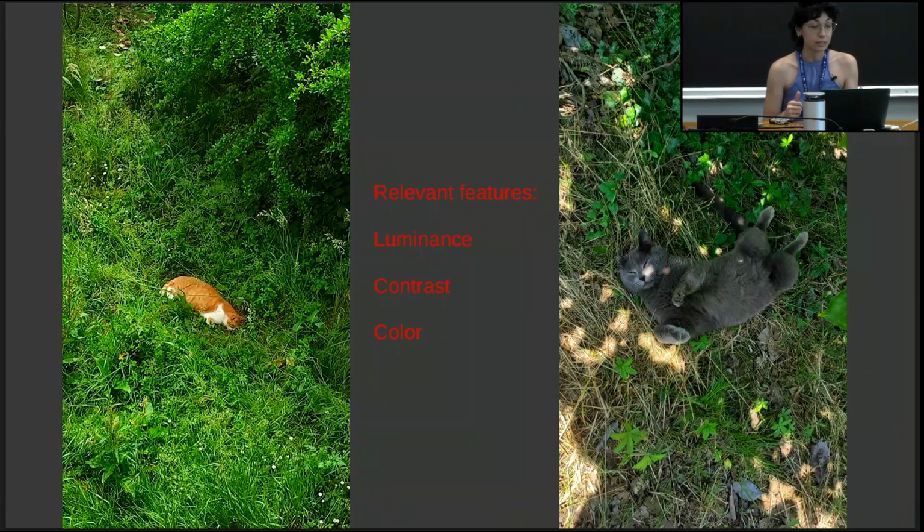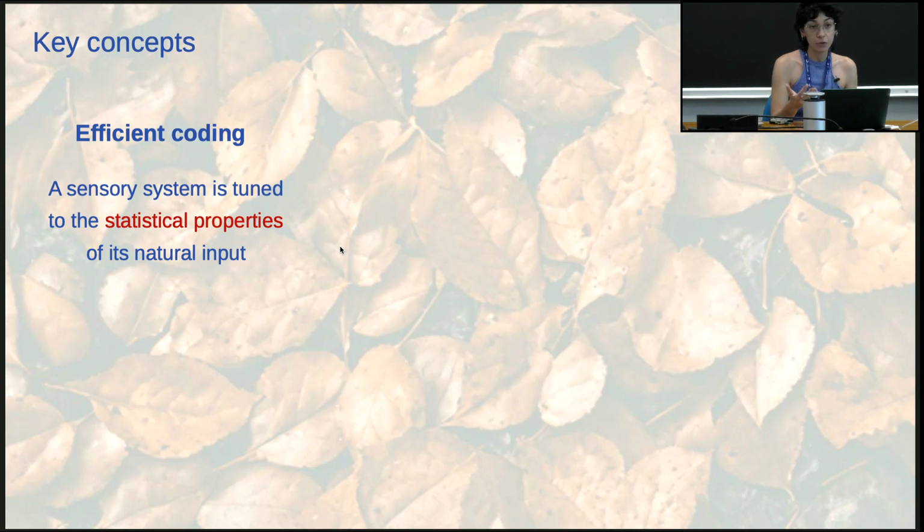Why? Because they display different features in terms of luminance, contrast, and color. The first cat, the orange one, is brighter, is more contrasting with respect to the environment, and has a different color, while the second cat, the gray one, has less luminance, is less contrasting with the background, and has a more similar color. And what you have witnessed in the first person is what in neuroscience we call the principle